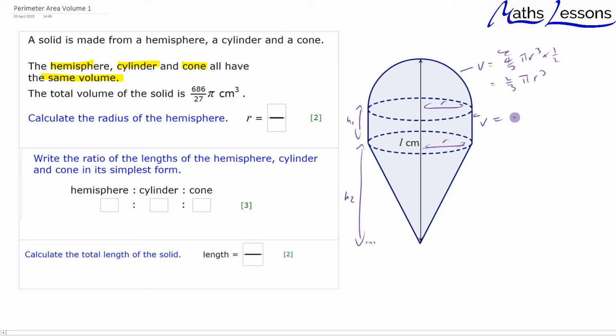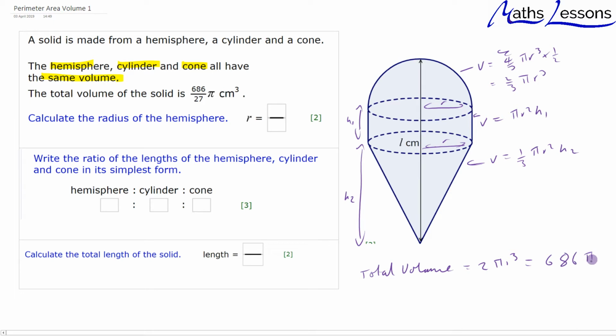I know the volume of this is going to be pi r squared times by h1, and I know that the volume of this is going to be 1/3 the base area, which is pi r squared, times by the height H2. But because we're told they all have the same volume, we know they all have this volume here, 2/3 pi r cubed. So there's 3 lots of that. So therefore the total volume is equal to 3 times that, which is 2 pi r cubed. And that must be equal to